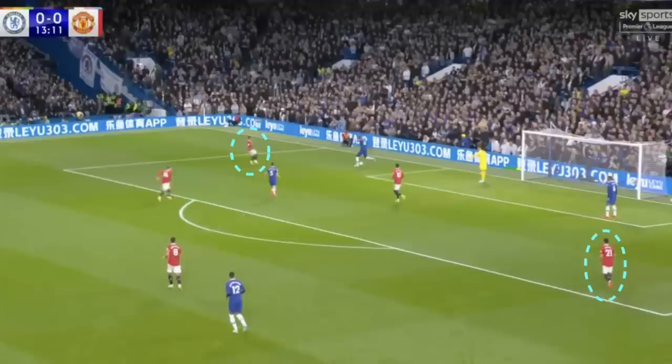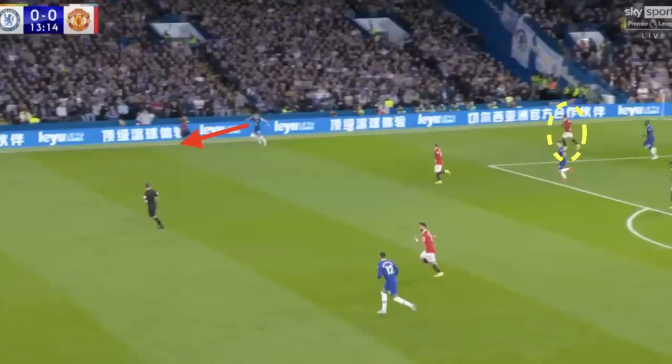Ten Hag's wide attackers would remain high and narrow, allowing them to move to press Chelsea's centre-backs when they received the ball, and United were able to halt Chelsea's ball progression through the centre of the pitch with this man-to-man press. However, we did see Chelsea able to beat United's high press when they worked the ball out wide, and